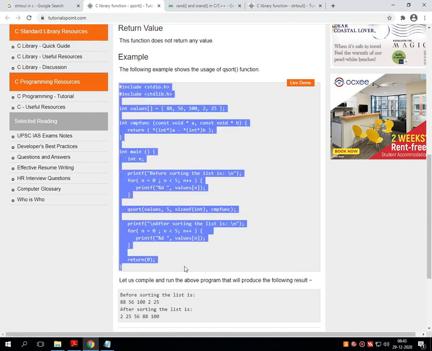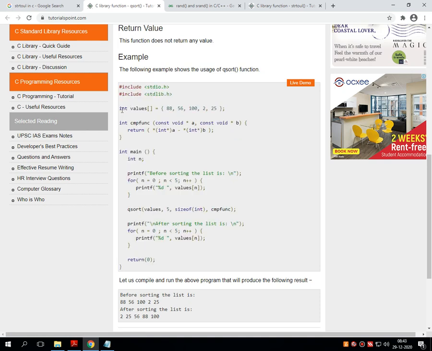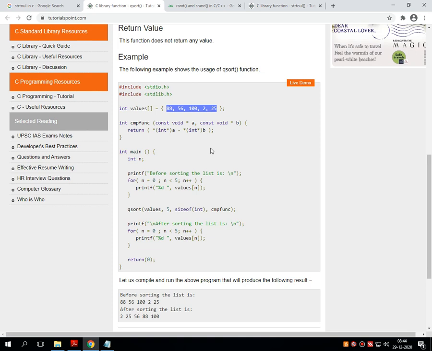as you can see in the program, after declaring the library functions, I have taken one array and stored static values. That means whenever you execute this code, the values of this particular array remain the same.